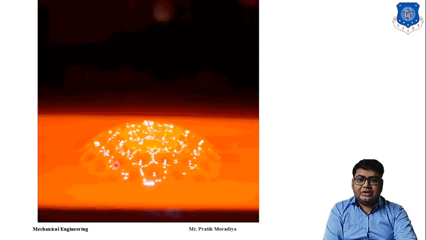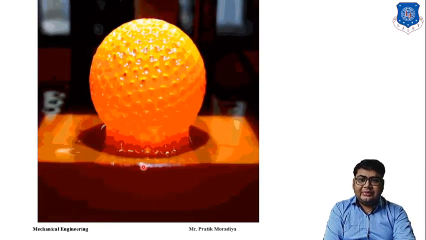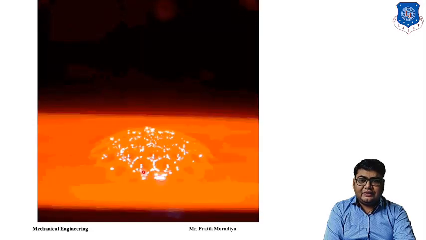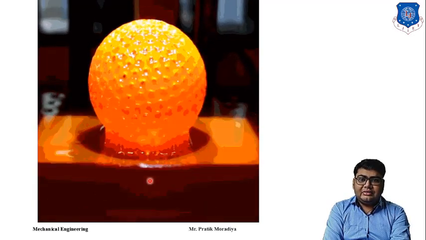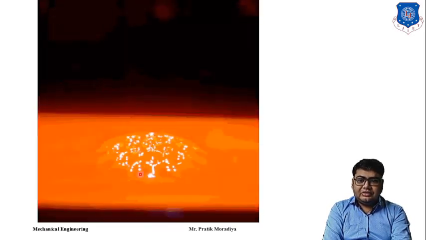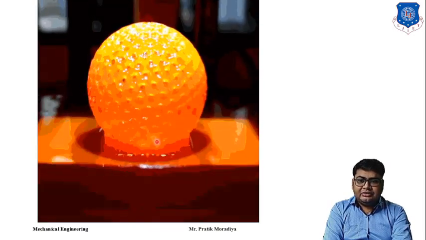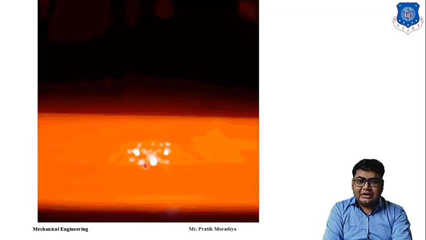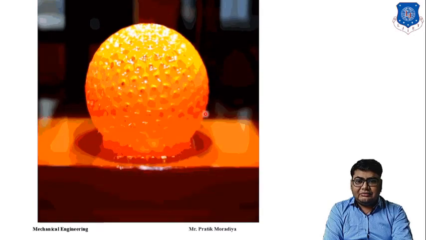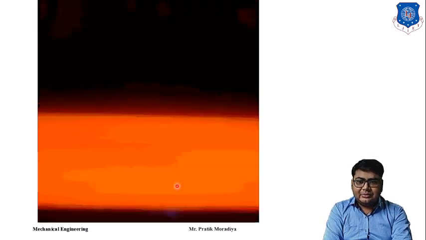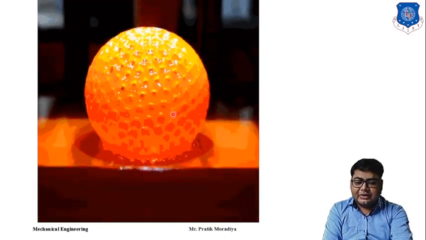Now this is an actual image of an SLA part being built. This is a time lapse, so it is much faster than the actual process, which will take a very long time. So this is the complete part that you can see, built with SLA, and this is where the light is imparting. The light will be imparting, and at that time the part will be moving downward. So we cannot see the part here, but once the part is finished, only then can we visualize it.